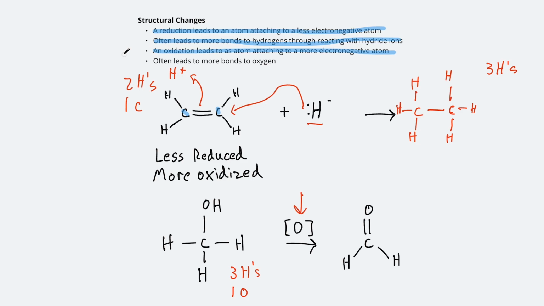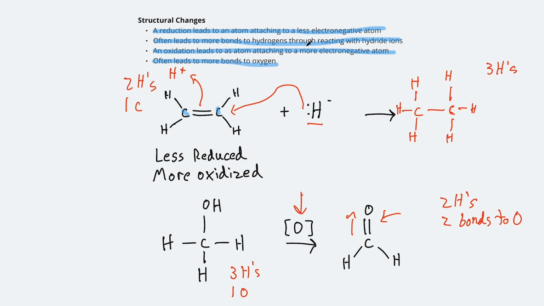So by oxidizing this, we're increasing the number of bonds to that oxygen. Our carbon went from 3 bonds to hydrogens and 1 bond to oxygen, and now we only have 2 bonds to hydrogens and 2 bonds to oxygen. And that oxygen is pulling electron density away from the carbon. So the carbon, through the course of the reaction, has lost electron density. And one of the main ways you can recognize oxidation is that you will often have more bonds to oxygen,